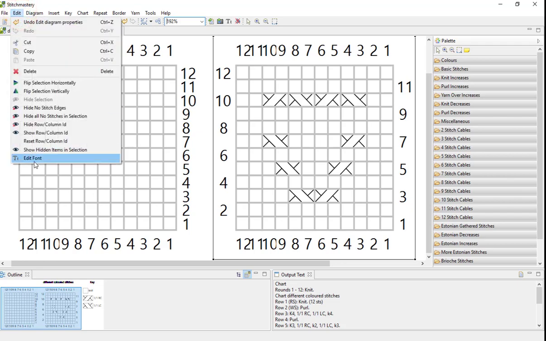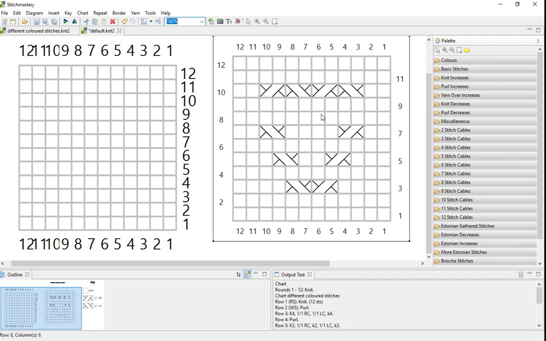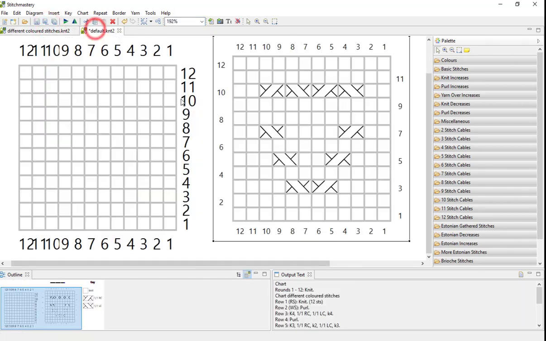So come to edit font, and again we've halved the size of the cells, so I'm going to halve the size of the font, and this is changed in the chart that I had selected, but you'll see it's much more in ratio with the size of the cells. So if we click back over to the original chart, you can really clearly see the difference. These grid lines in the chart look much thicker just by merit of the cells being smaller.